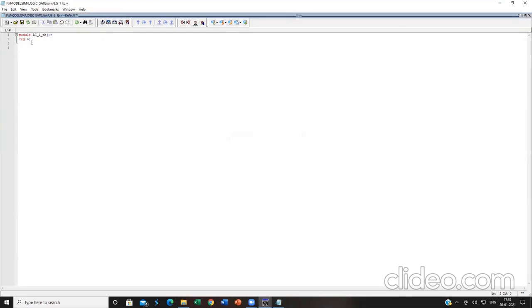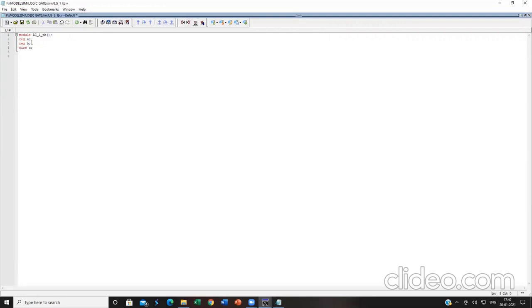You can also give it as a single statement. Register A, comma B. So for the time being, let us just write it in the single line itself. Register A, register B, semicolon. Output wire is C.